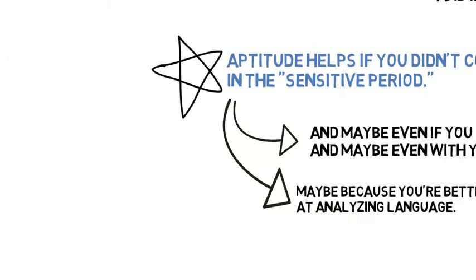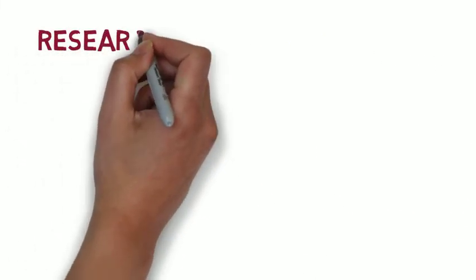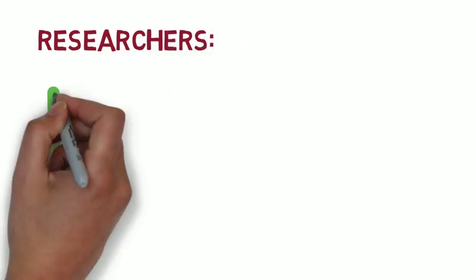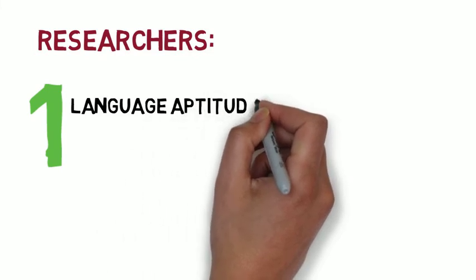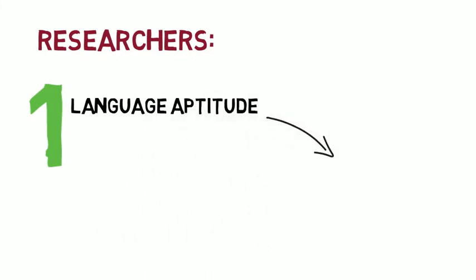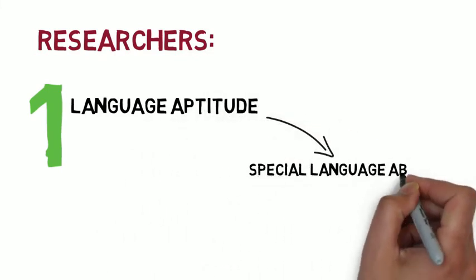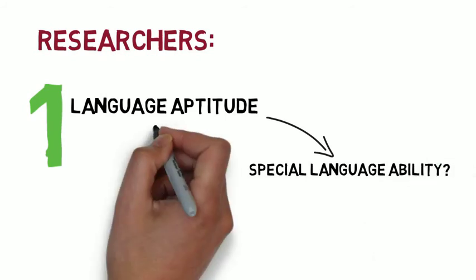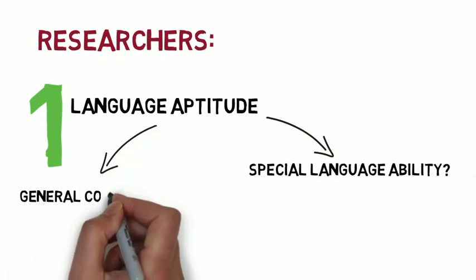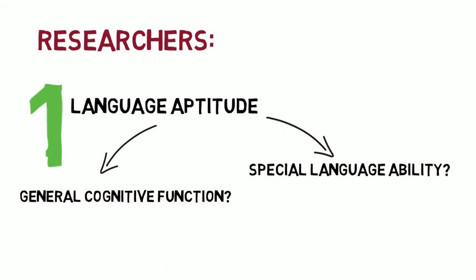So then what? Skehan has some recommendations for researchers, and I have some recommendations for teachers. Skehan wants to see a couple of questions addressed in the research. First, is language a special ability? Researchers need to explore from the perspective of aptitude, if its relationship to language is specific to the language domain or applies across different domains.